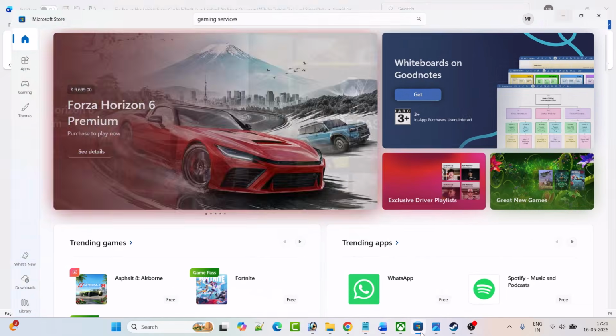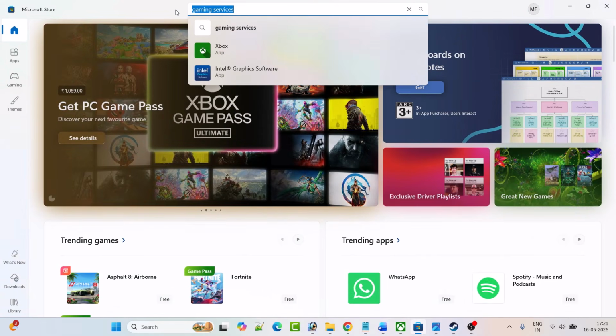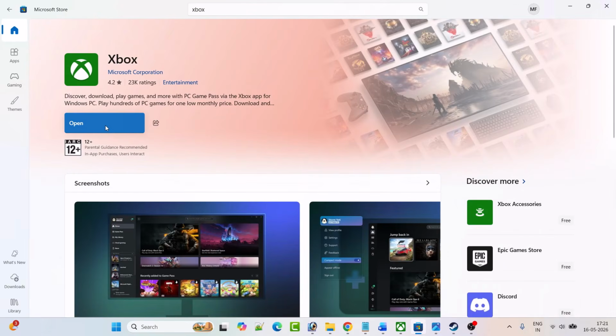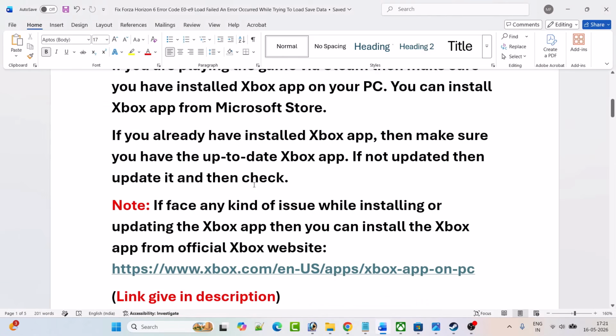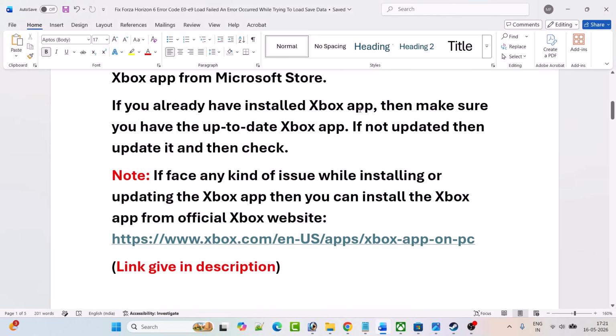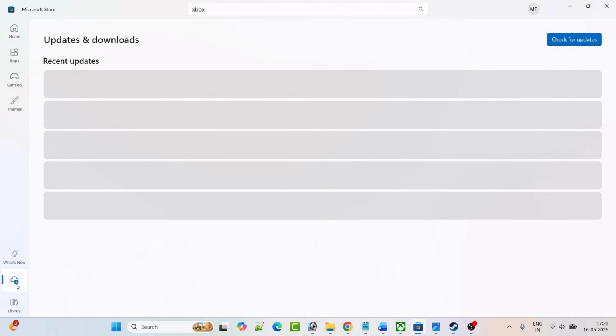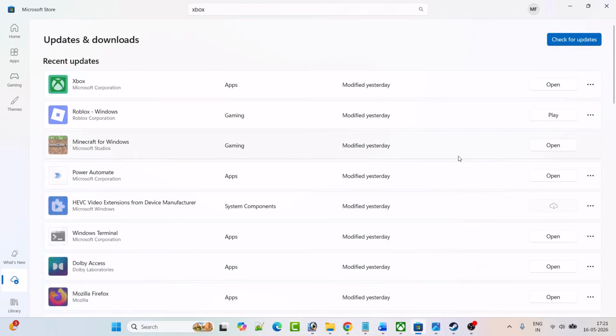So open the Microsoft Store and here search for Xbox, and then you can install the Xbox app from here. Now, if you already have installed the Xbox app, then make sure you have the up-to-date Xbox app. If not updated, then update it and then check. So again, open Microsoft Store. On the left, click on Downloads. And here you will see Xbox app. And if you find there is an update available, then update it